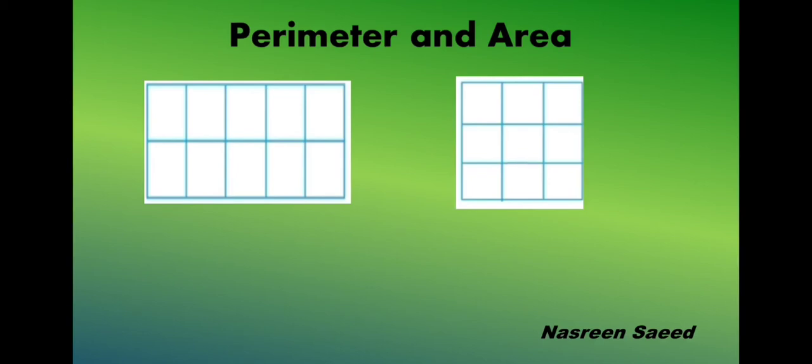So we are assuming that the sides are 1 centimeter on the paper, and now let us count the squares. So how many squares are we getting? We are getting 10 squares. So the area is 10 square centimeter. What is the area then? 10 square centimeter. Let us see the next picture.